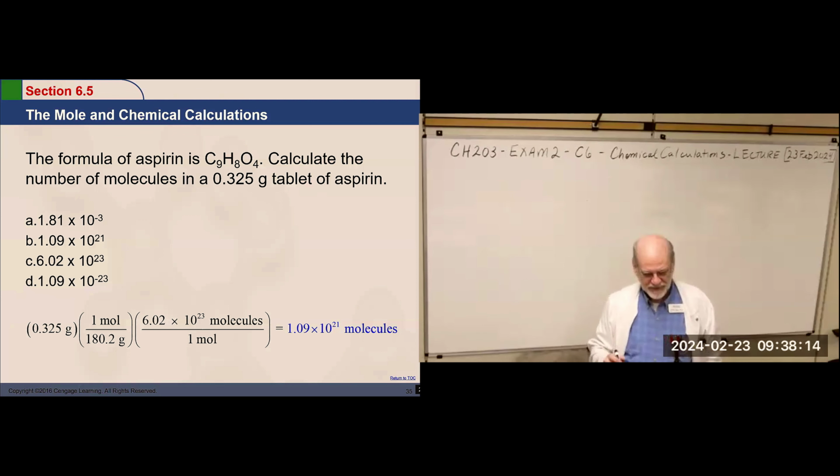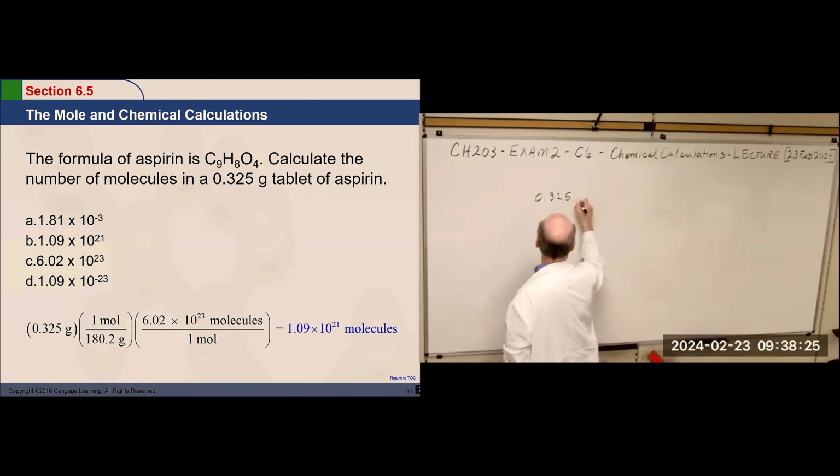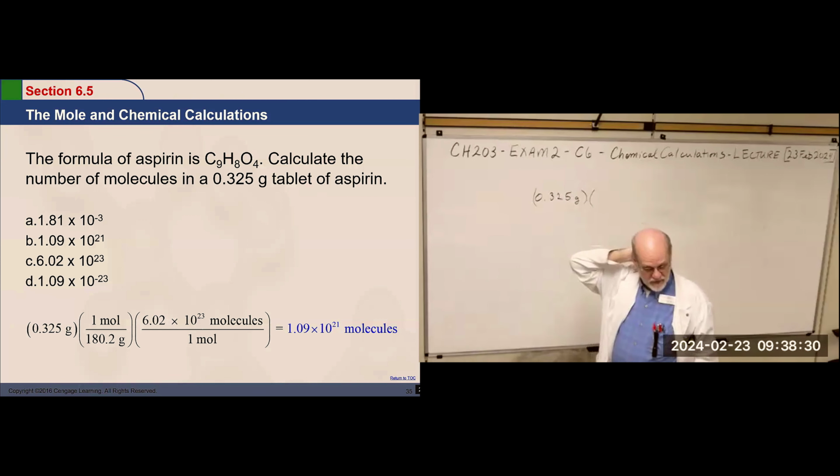But rather than give you milligrams and have to convert that to grams before we can do anything with it, we just say 0.325 grams of aspirin. And we want to convert that to number of molecules of aspirin. Okay. So we can go from grams to moles. That's the bridge from mass to numbers. And then we can do numbers to molecules